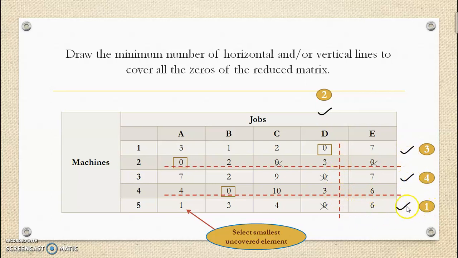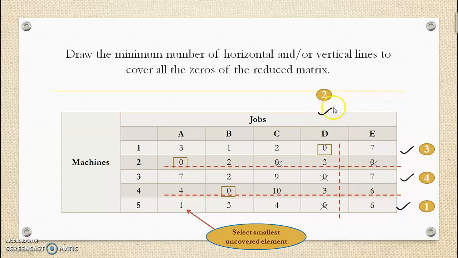Before that we have to mark the rows or columns. We have to start from a row which has a non-assigned 0. So this row is unassigned, therefore this row is selected first. Mark that row, then select or mark the column which contains this 0 element. Now the column is marked.